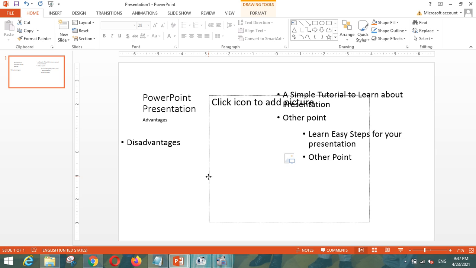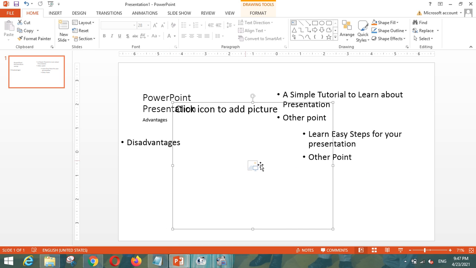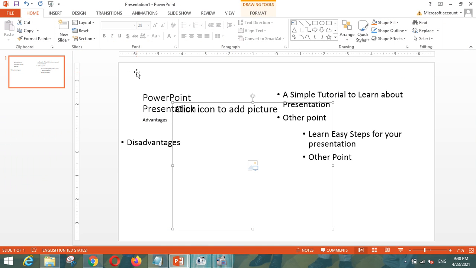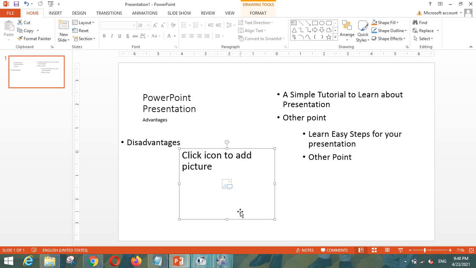So you can see here there is an option like this symbol. This symbol means if you click here, your system will give an option where you can add the pictures. So suppose I have clicked on that, it will open my screen where I have to add some pictures. It will help me to add my pictures which I would like to add in this particular presentation.